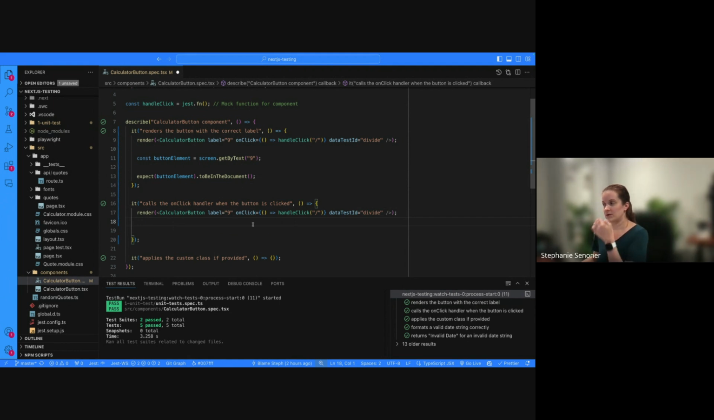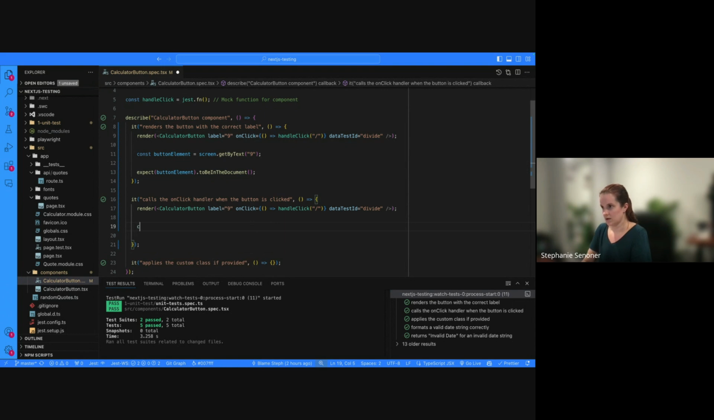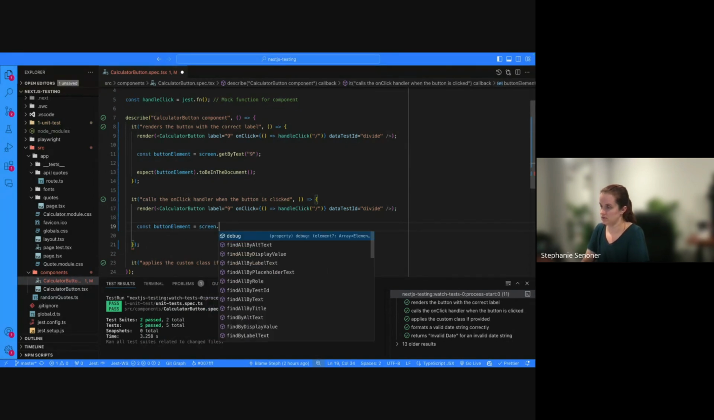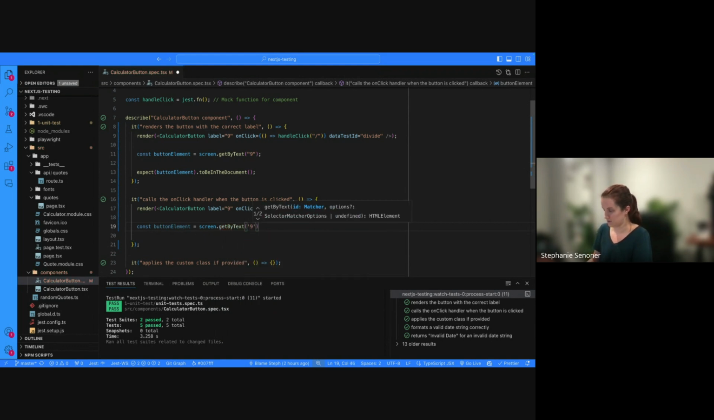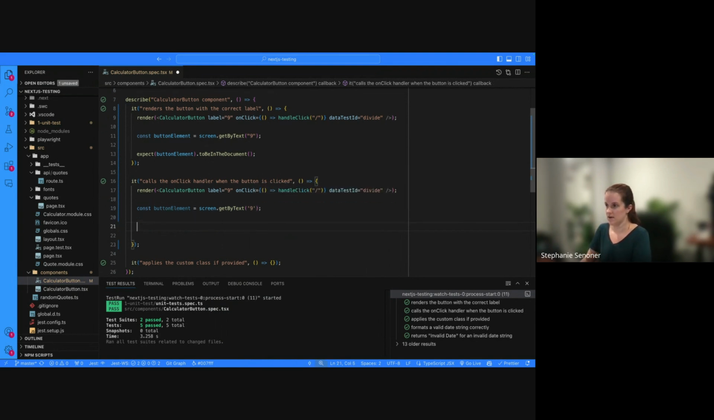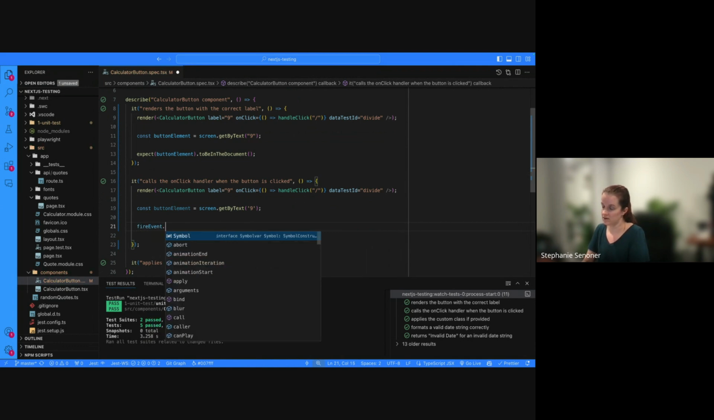So what we now do is, because we know inside the calculator button we listen to something, handle click to some function, we then fire. So it does something when you click the button. So we have the button element again. Screen, get by text. And then now we have the button. We want to focus only on the button. And then React Testing Library